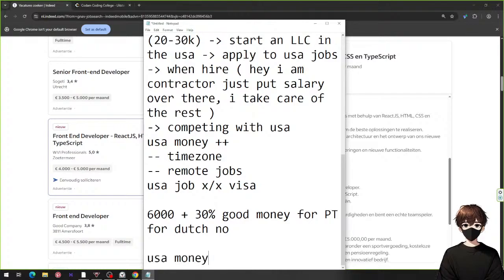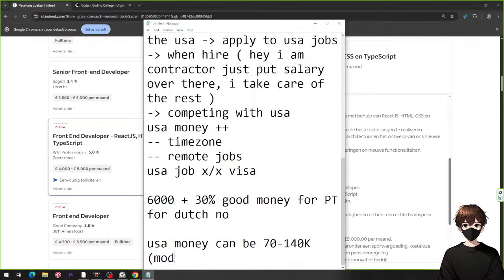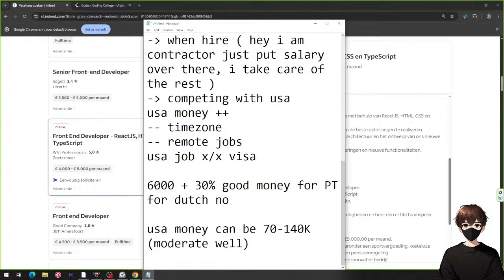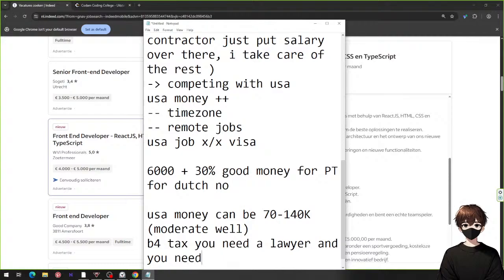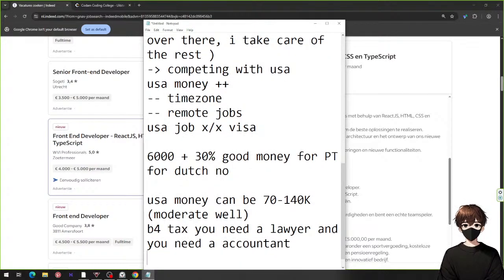USA money can be between 70k all the way to 140k. If you're doing moderate, this is moderate, right? Moderate well. If you only want to have a job. Now, obviously, you have some tax, right? Like this is before tax. You need a lawyer, and you need an accountant. So probably you're gonna be left off with like 100k ish,